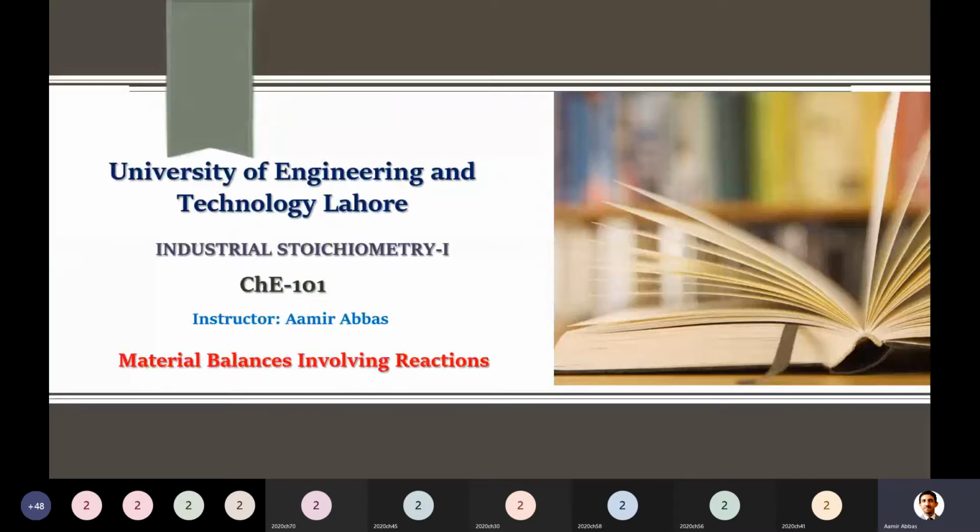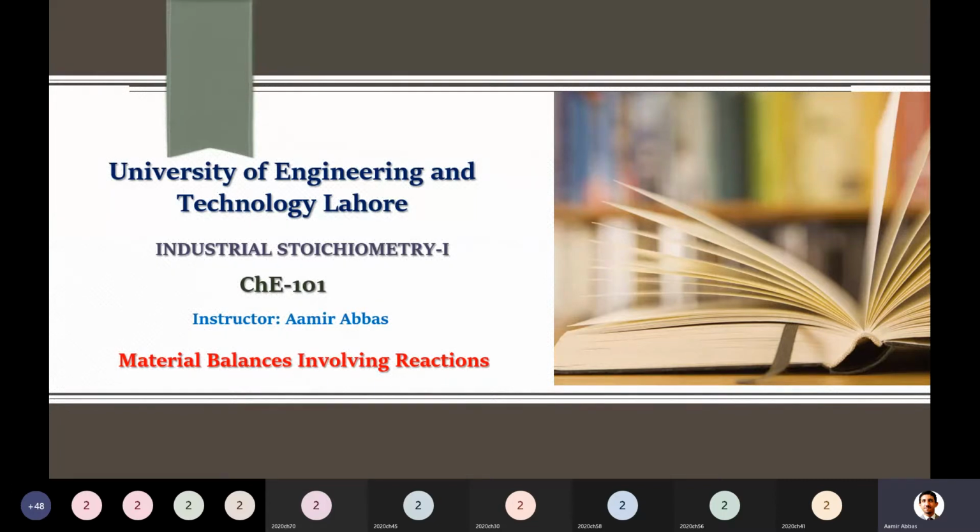Because we have to solve those systems, the only concept left here is degree of freedom, and most of the things which we are going to discuss today will revolve around degree of freedom. All those steps which we discussed earlier for solving material balance on a non-reacting system are also valid for a reacting system. The only difference here will be the new terminologies which we have already discussed so far, as well as the degree of freedom, how to calculate that.